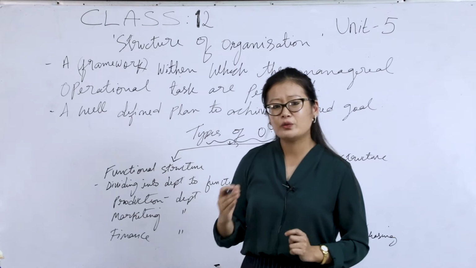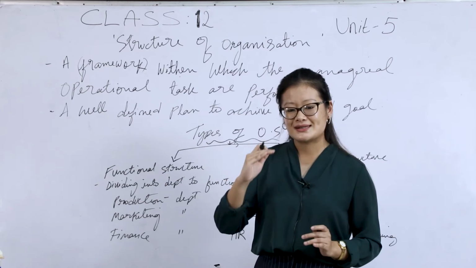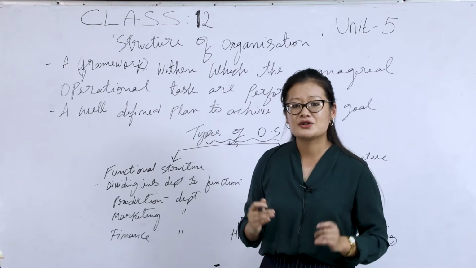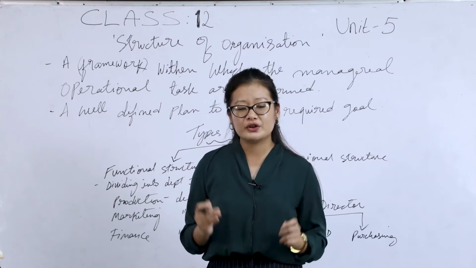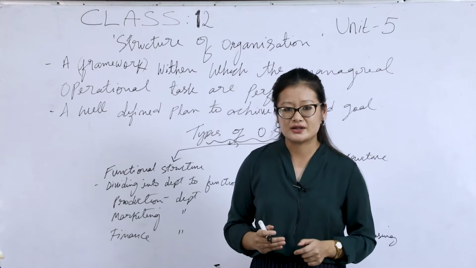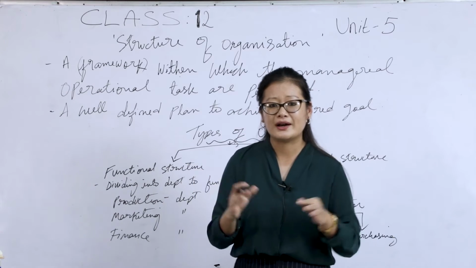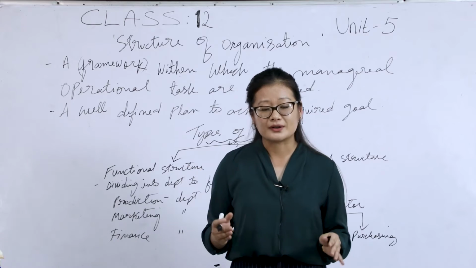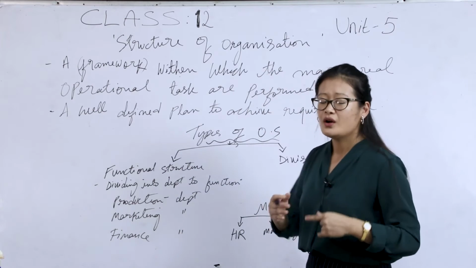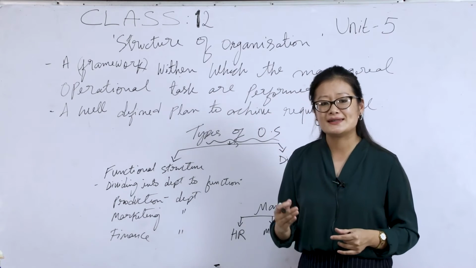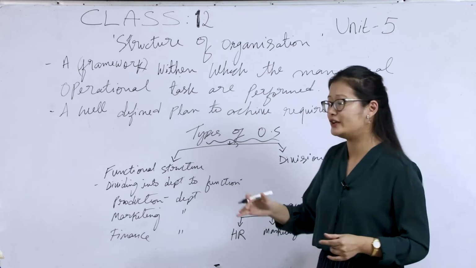Framework means things should be set in a systematic manner so that there is no confusion in the organization. From both sides, workers and the management side, they will have a free flow of work. So when things are organized in a convenient manner,